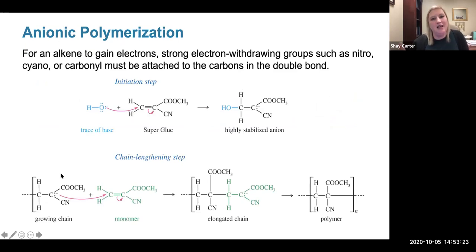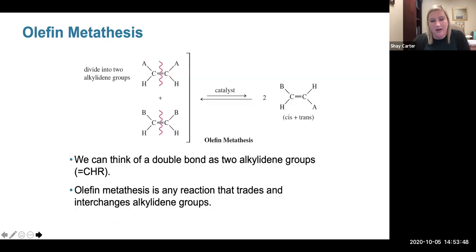Okay, and then anionic polymerization, don't focus too much on this, but we have a little bit of a base, okay? Superglue functions this way. We have a little bit of a base, and then we have our chain lengthening step where we keep creating our highly stabilized anion over and over and over again, our growing chain,